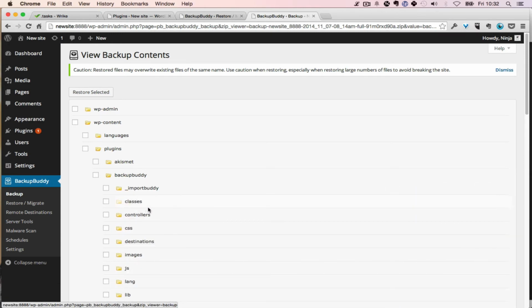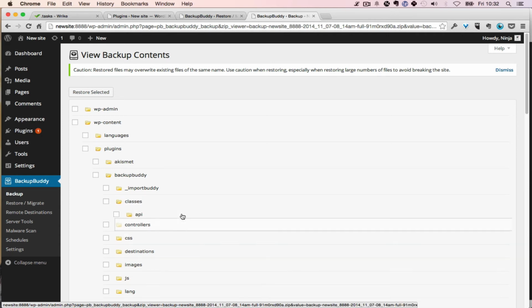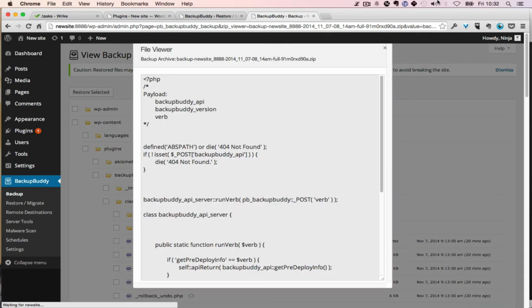This is mainly made for developers, so they can come in and just check to make sure that, if this code here was different